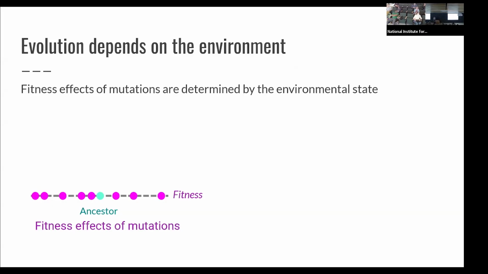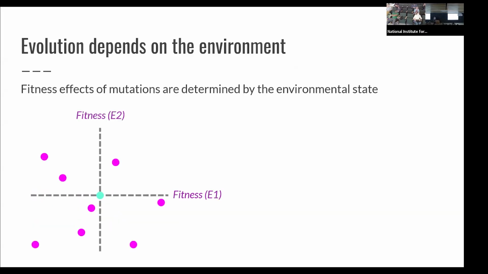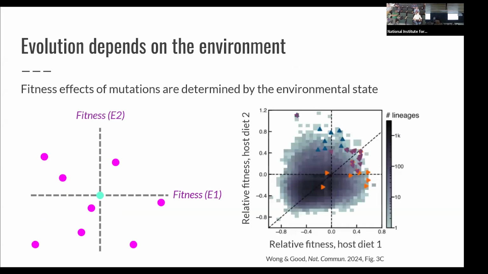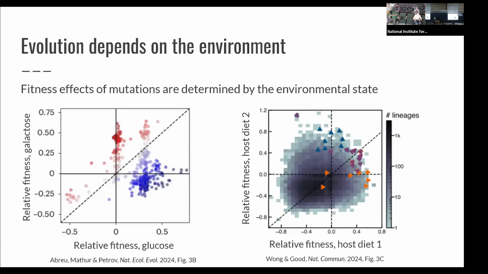But then we take those same mutants, measure the fitness in a new environment, and this one-dimensional distribution will become two-dimensional. Some mutations might be beneficial in both environments, some might be deleterious in both environments, and some might be beneficial in one or deleterious in another. And a lot of people have done this experimentally for Bacteroides in the mouse gut or yeast under different growth conditions. And in both these cases, we can see these distributions are generically two-dimensional, and there's not always any obvious